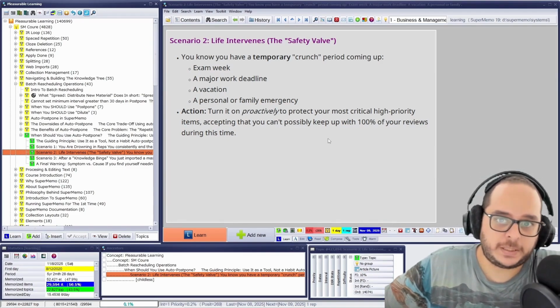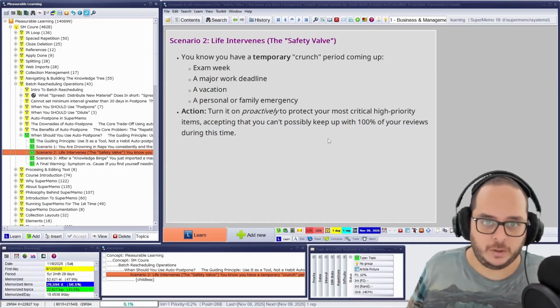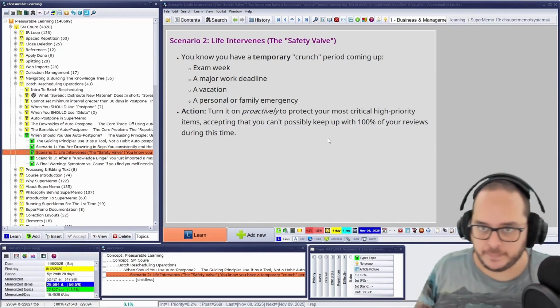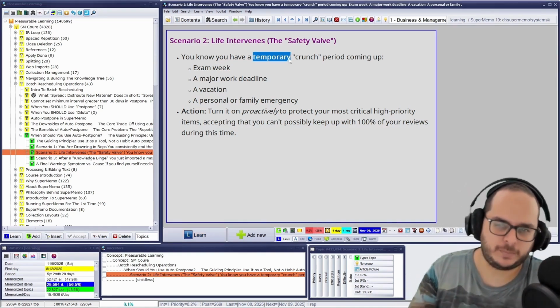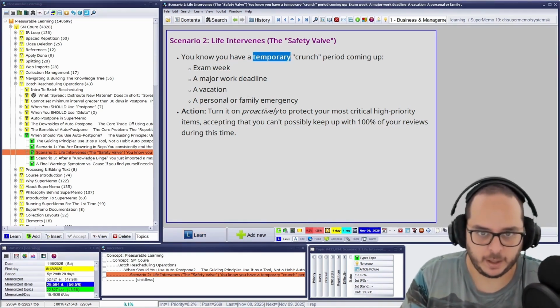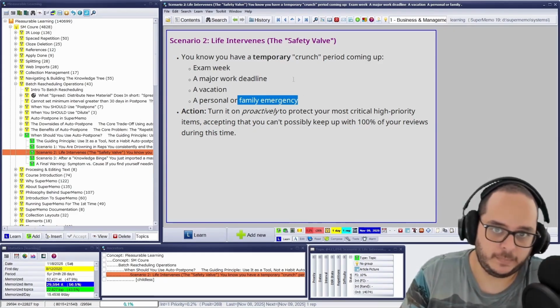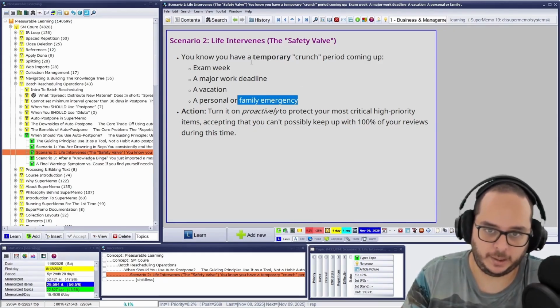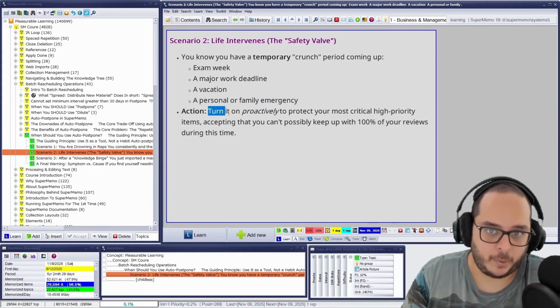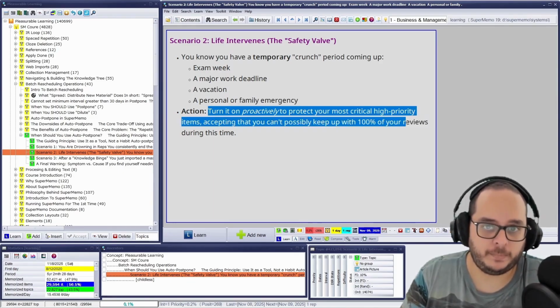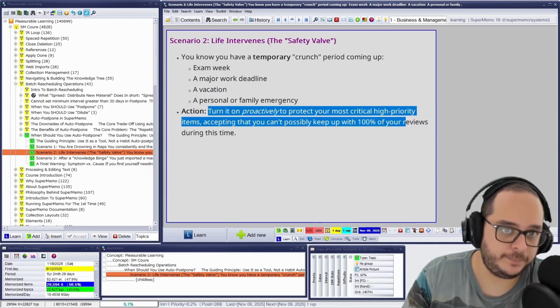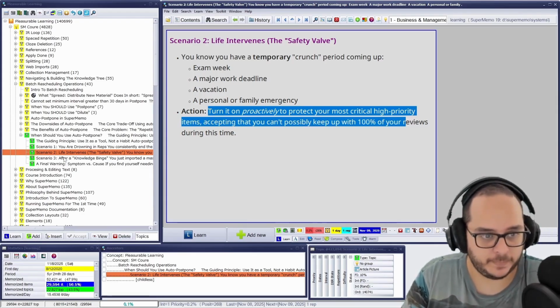And then when he passes away, you come back to baseline. It's something temporary that can stretch to two years. Basically, that was my point. A family emergency can last years. Then you turn it on proactively as a response. You want to protect the higher priority stuff. And then when you go back to baseline, you turn it off. That is actually what I did in my collection.